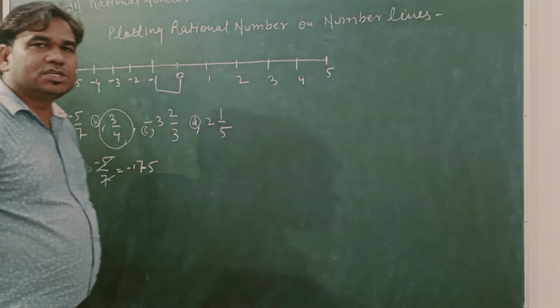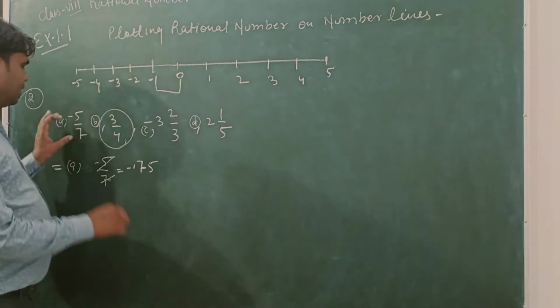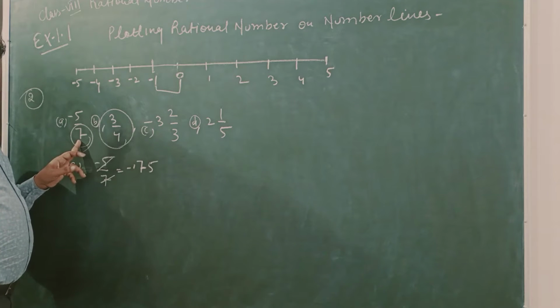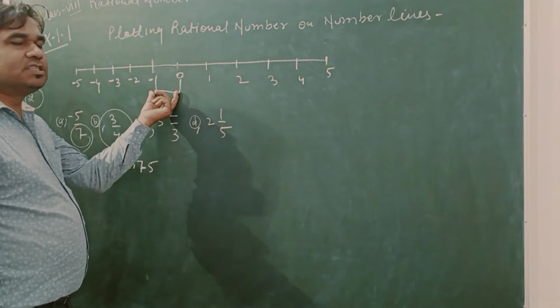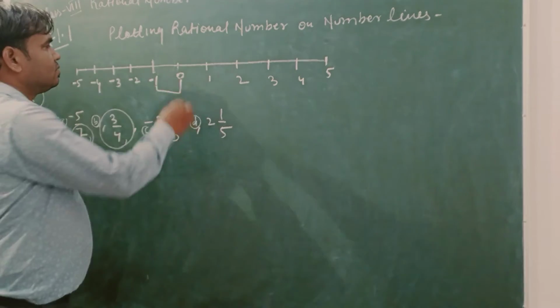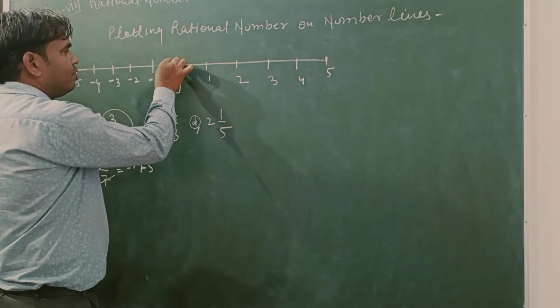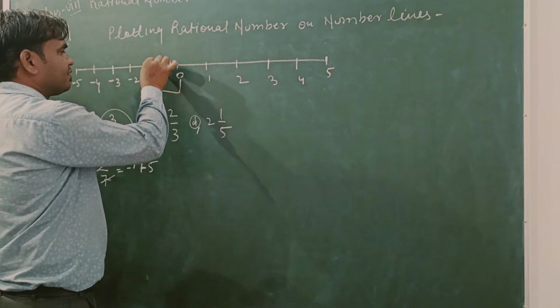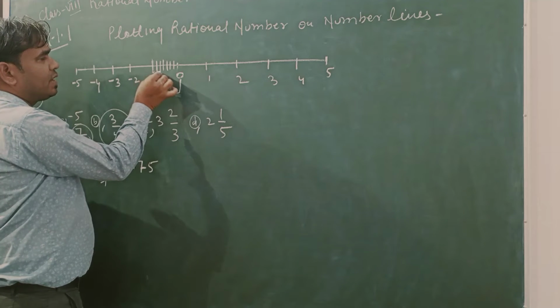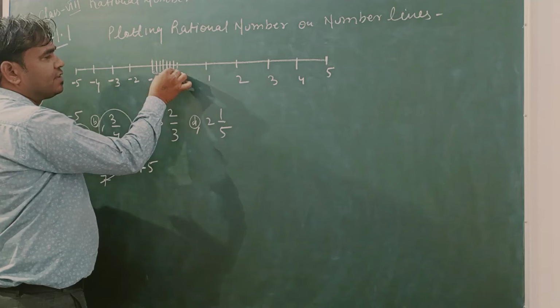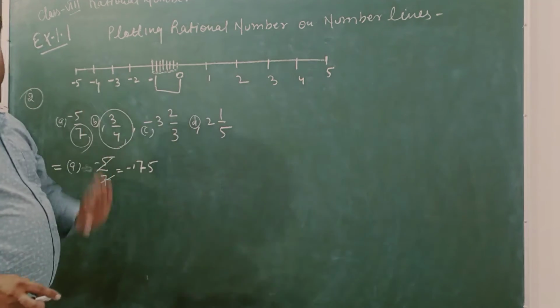And here, students, we see the value of the denominator. So here the denominator value is 7. So we have to make 7 parts of the column which is given. So here we try to make 1, 2, 3, 4, 5, 6. So here you see 1 part, 2 part, 3 part, 4 part, 5 part, 6 part, and 7 parts. So this is 7 parts.